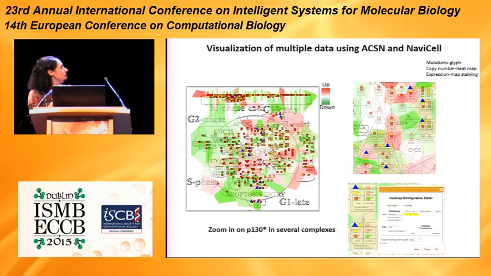The last slide about visualization is that NaviCell allows to combine several types of data and visualize them together. As you know, there are many different types of omics, and the question always is, what can we learn together from this data? And then the first impression of this data can be done using NaviCell. So here in this example, the expression data is visualized as map staining. It's an enrichment of functional modules as a background. The copy number variations are shown as heat map boxes, and then mutations are shown as triangle glyphs.